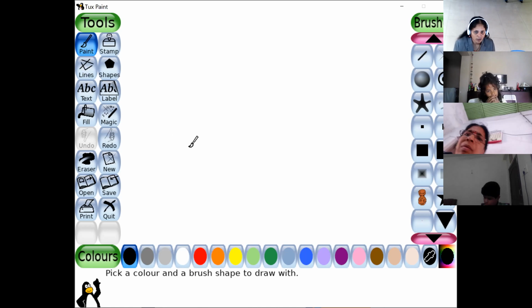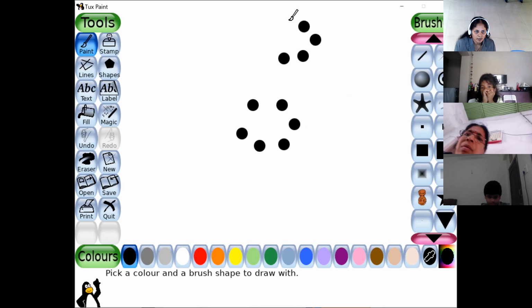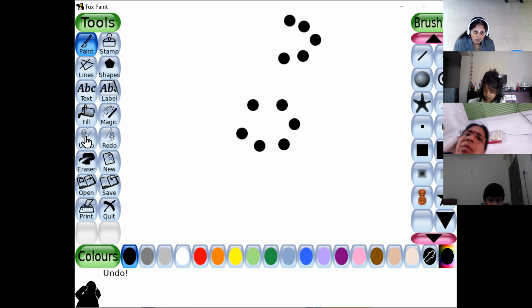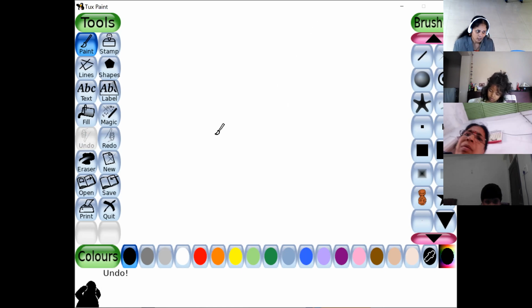Suppose I have drawn something. How many have I drawn? 6, 7, 8, 9, 10, 11, 12 circles I have drawn. Now I don't want this. So what can I do? Here the undo option is there. 1, 2, 3, 4, 5, 6, 7, 8, 9, 10, 11, 12 circles. However many times you draw, that many times you can undo.